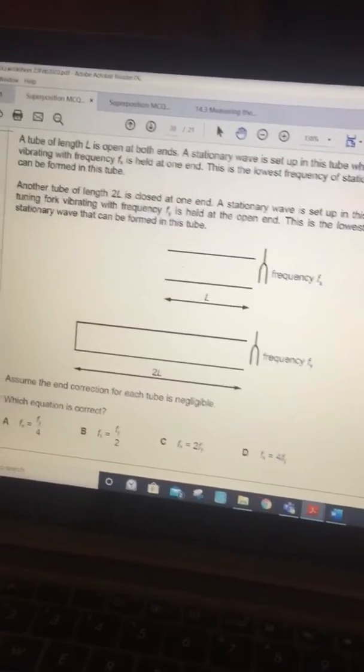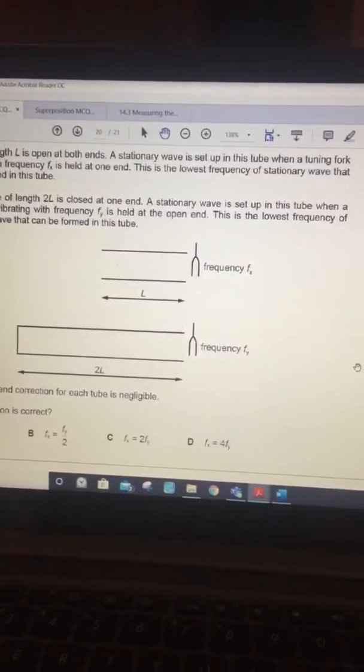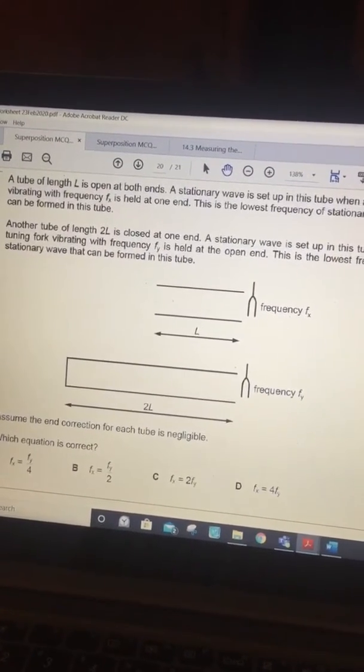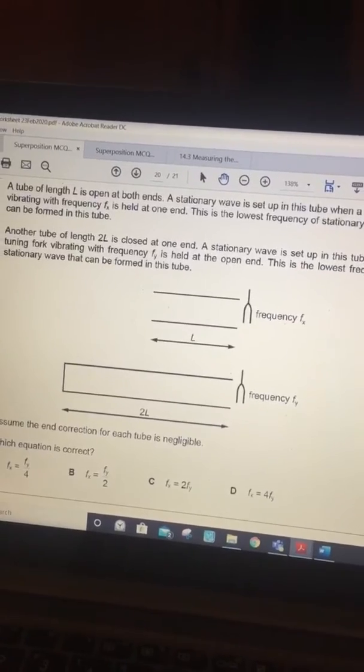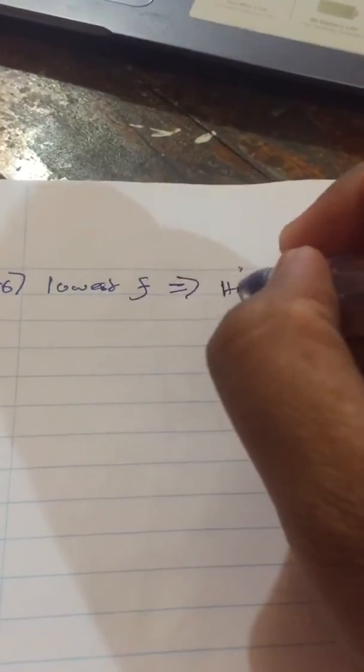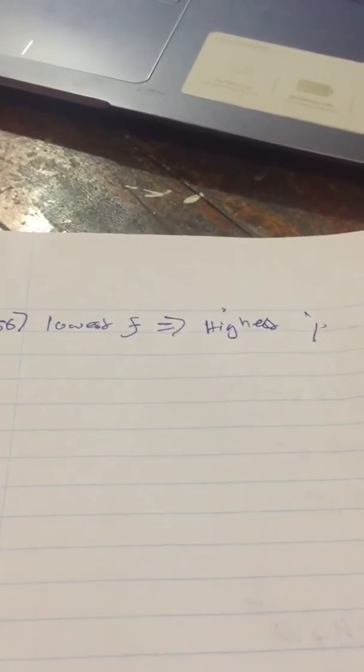So the key term here is: this is the lowest frequency of stationary wave that can be formed in this tube. Again, in both the cases you can see that they're saying this is the lowest frequency and this is the lowest frequency. So lowest frequency means highest wavelength, right? Lowest frequency means the highest wavelength, which means that